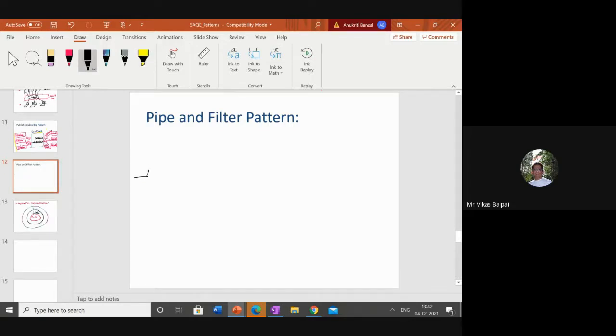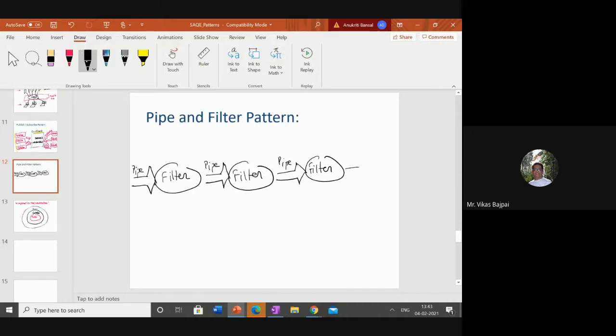So what I have is this pipe, this filter, once again this pipe, once again this filter, then again one pipe and this filter. And this can continue based on our need.